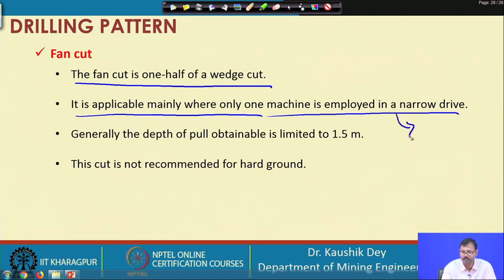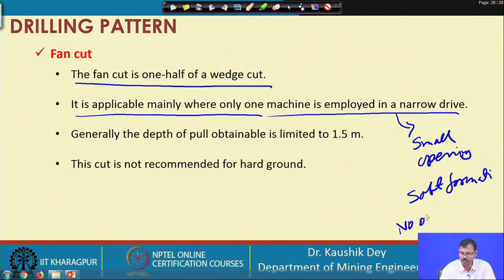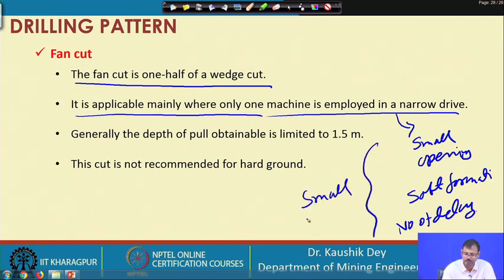That means the small opening, soft formation, number of delay requirement is less, and also small advance is targeted. So, in those cases fan cut and drag cut both can be used.